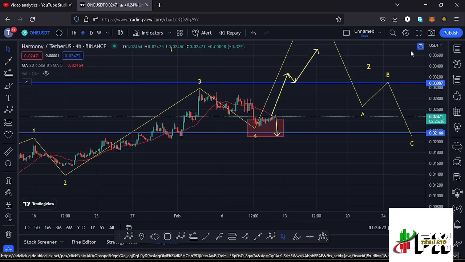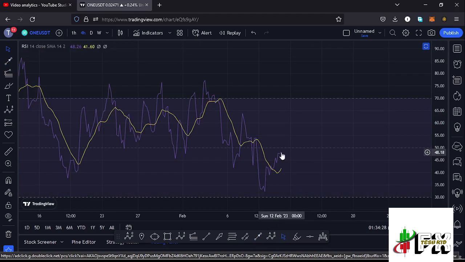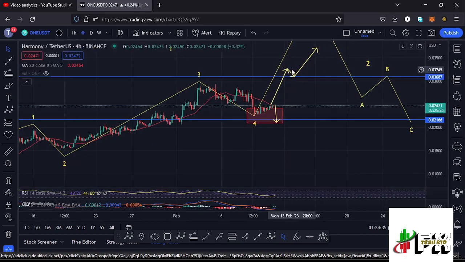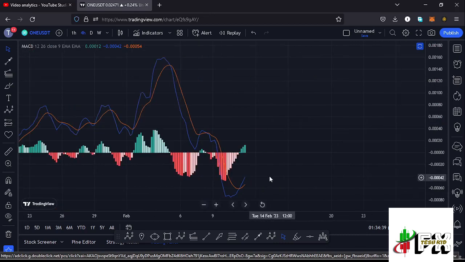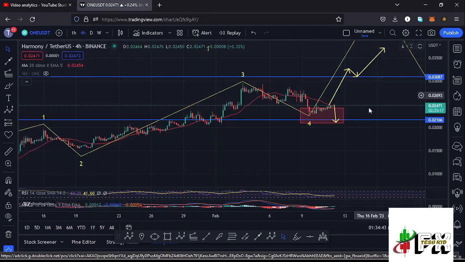And also taking a look at the indicators to see what movements will be supported here. On the RSI, we are trading at around the 48 mark, meaning we have massive room for us to fully support higher prices in the formation of that wave 5. And also taking a look at the MACD, we have been able to print a bullish cross, fully supporting higher prices in the formation of that wave 3. So that is that wave 5.